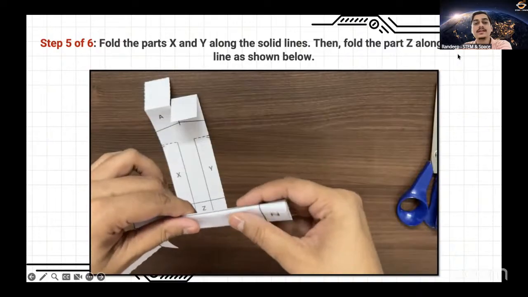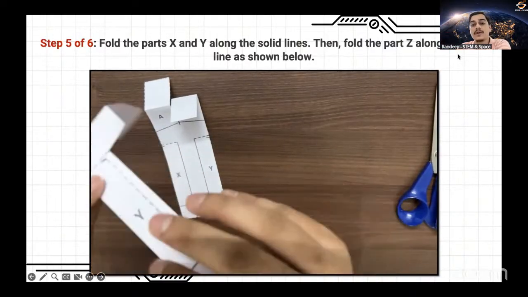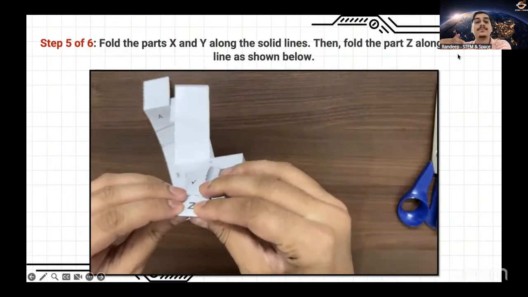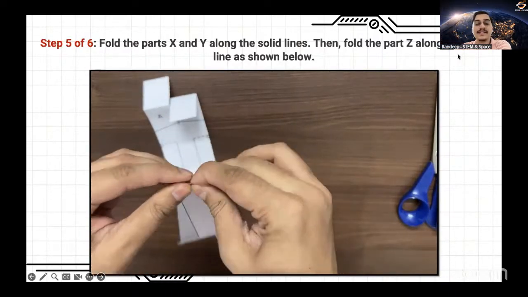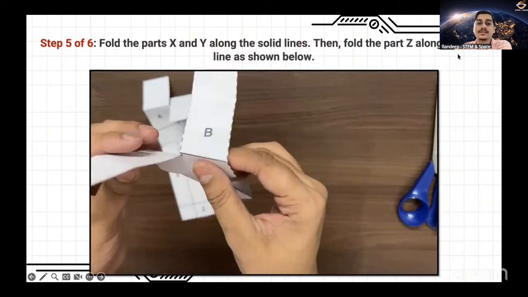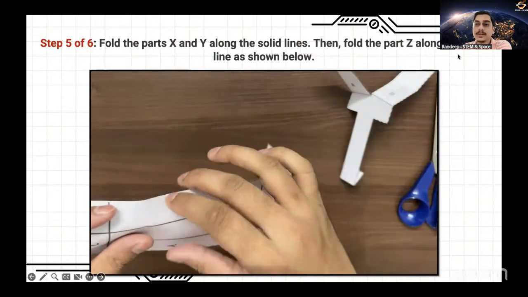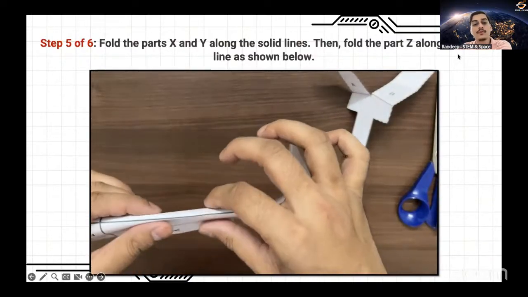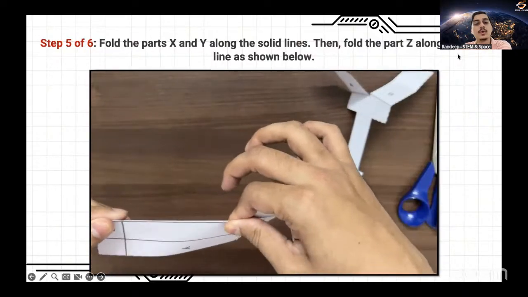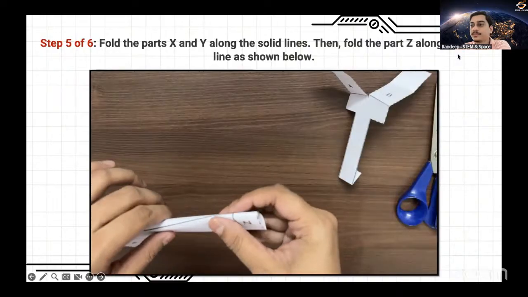Now, as you can see, when you are folding X and Y, of course, first when you fold X, and after that when you fold Y, the Y automatically will go over the X flap. And finally, you need to fold the part Z in the other direction. That means in the way that you are seeing in this video. Now, once you have folded, you can do the same for both the templates for which you are doing. Now, for folding the X, Y, and Z parts, you do not need to fold them to half or something like that. You can fold them in entirety along the entire line, which has been given to you.